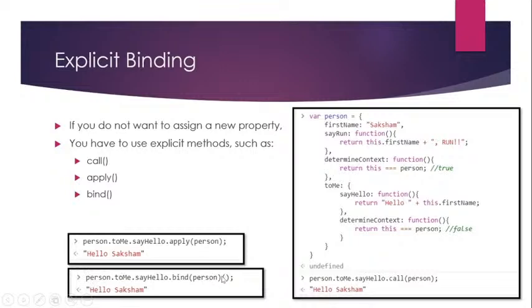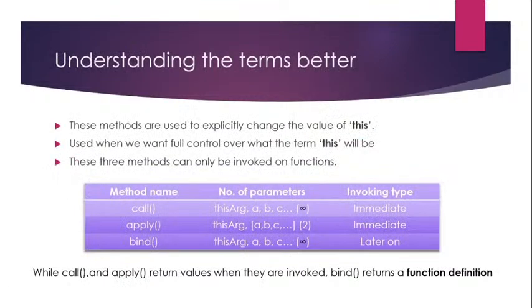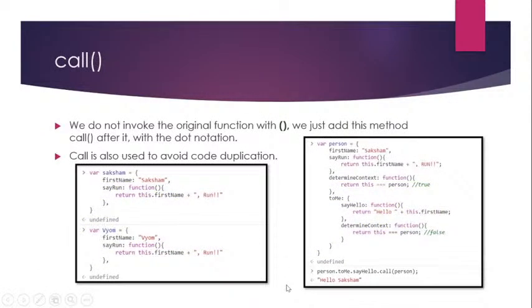If you have to invoke it, you have to add these brackets after it. Okay, now let's talk about these in detail, and let's first talk about call. So we do not invoke the original function with these brackets, as I told you. We do not say hello brackets dot call and person. We just say hello dot call person, because we are attaching this method to say hello, which is a method,